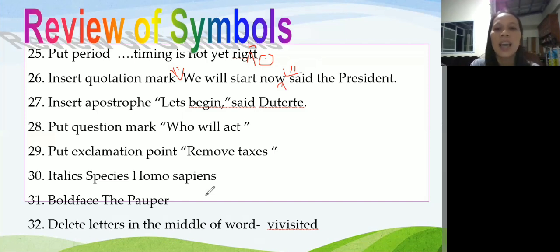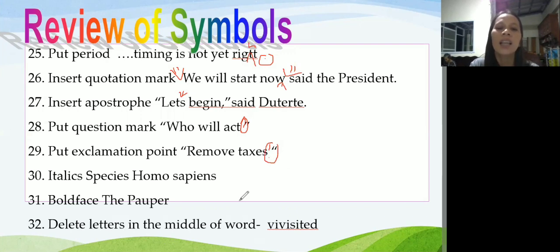Then, insert apostrophe. Let's begin, said Duterte. So, when you put apostrophe, same with inserting quotation mark, just put the apostrophe before S and then inverted caret. Put question mark like this and then encircle. Put exclamation point, then encircle.